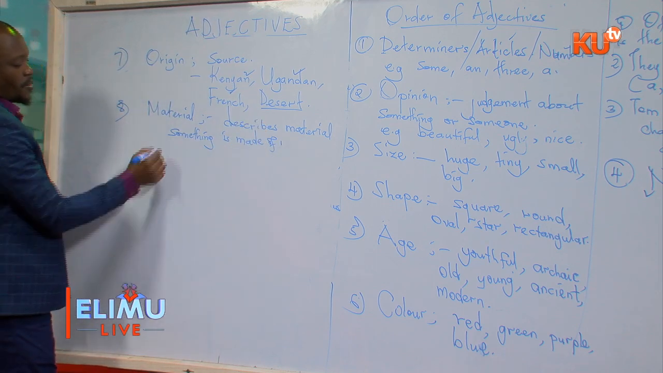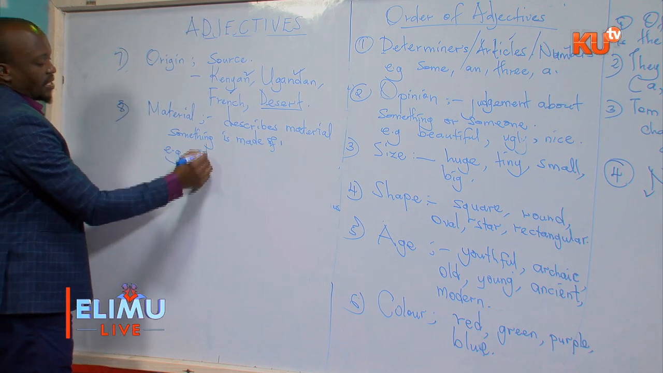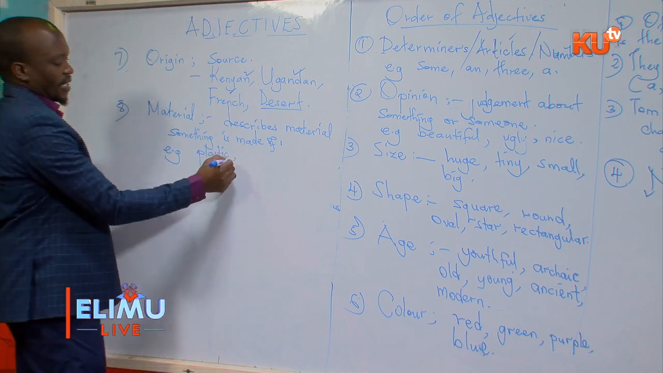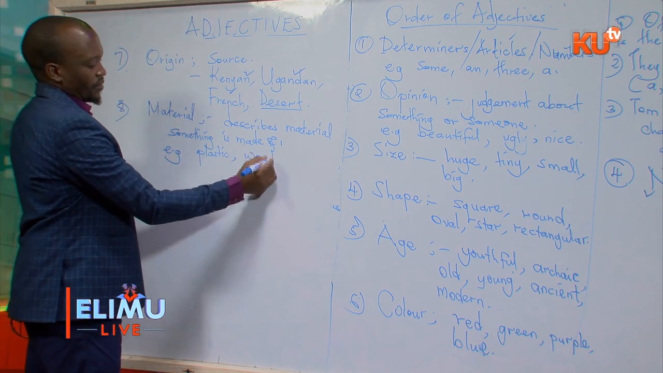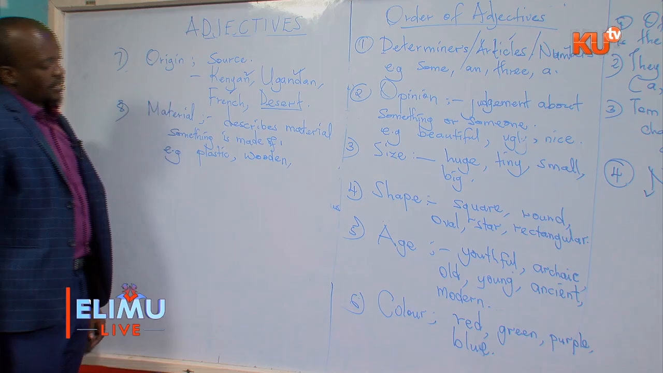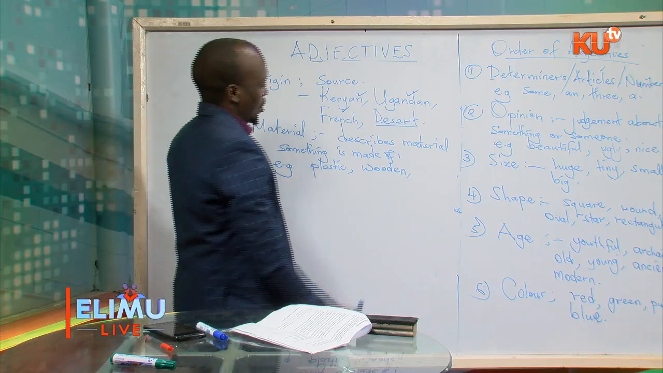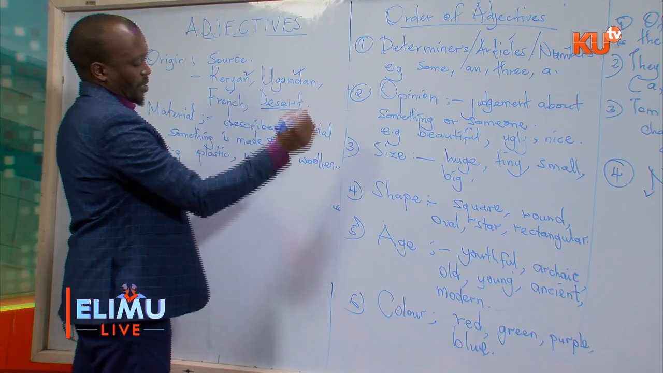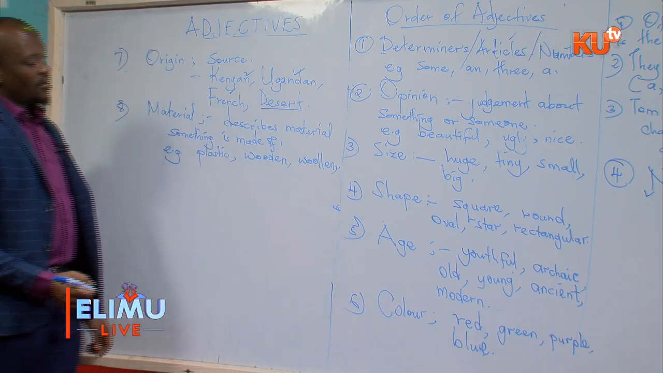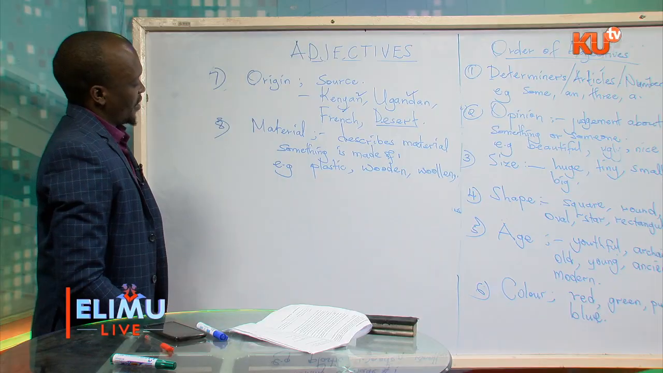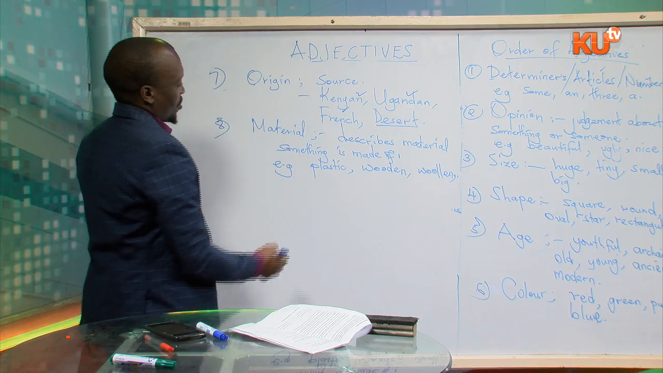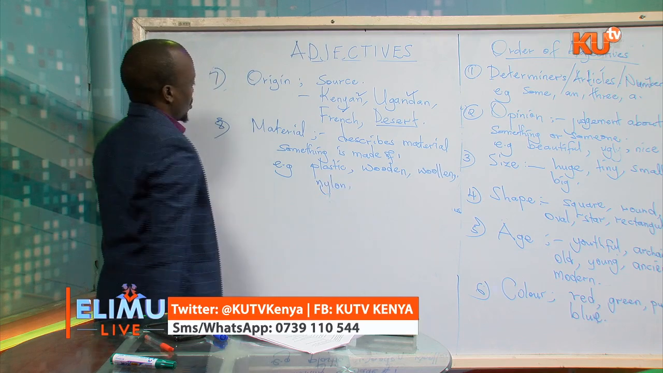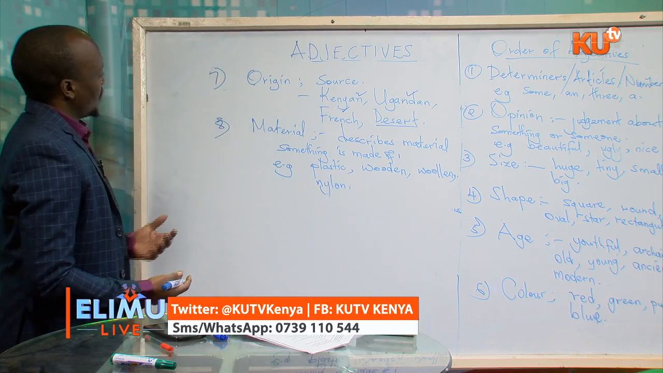An example, we can use words like plastic here, a plastic cup. We can talk of a wooden chair. We can talk of woolen. And I know there's a big problem in how we write woolen. Woolen, double O, double L, woolen. We can talk of nylon, nylon dress. So all these will tell you about